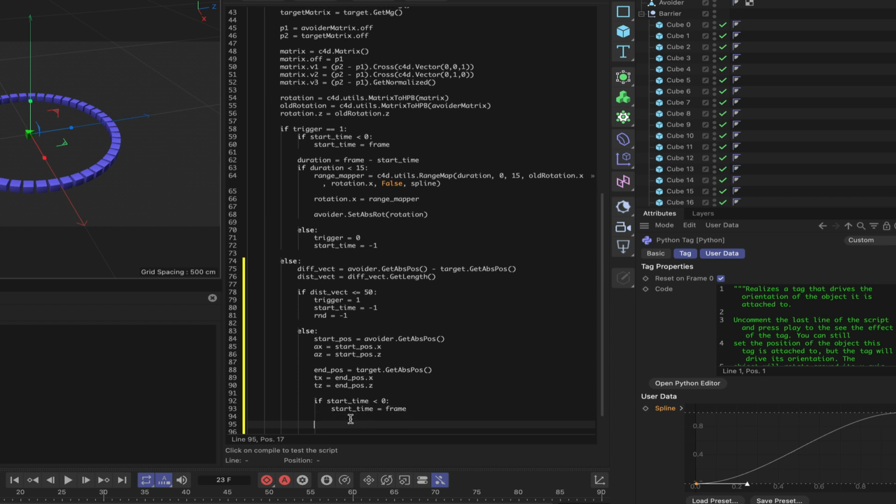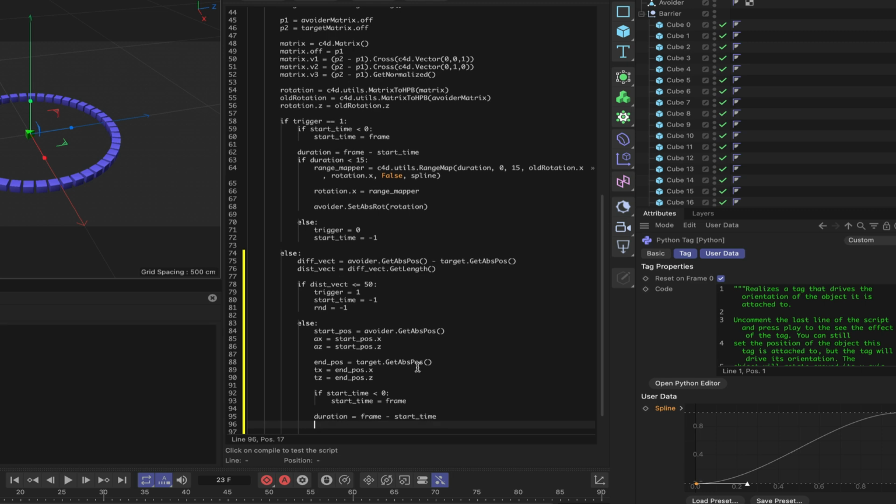And then, as before, duration will be equal to frame minus start underscore time. And then from here we can work with our range mapper. So if duration is less than, and I'm going to say 60 on this occasion, so I want to work with 60 frames